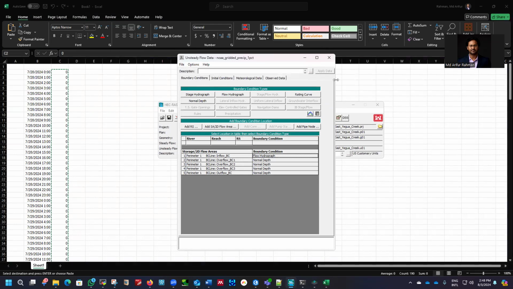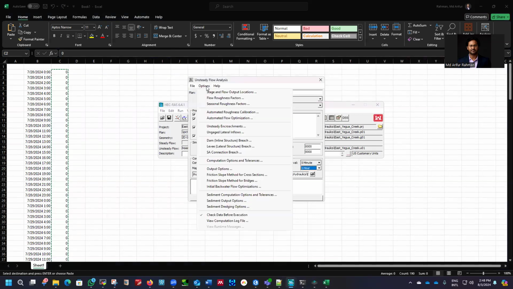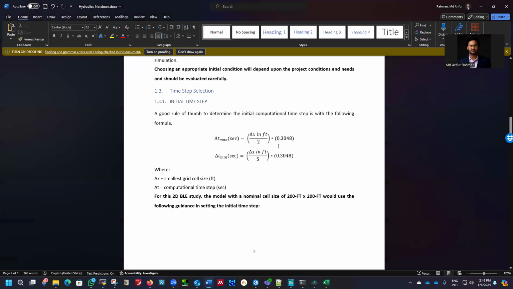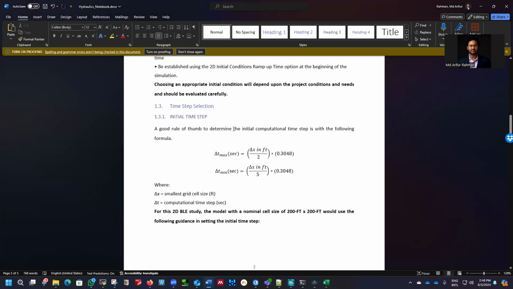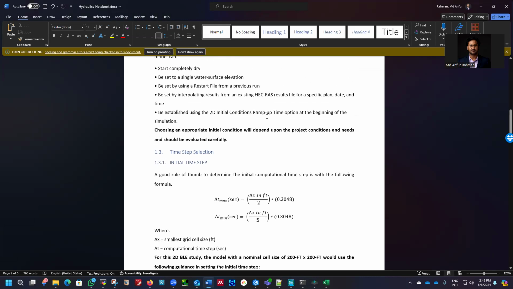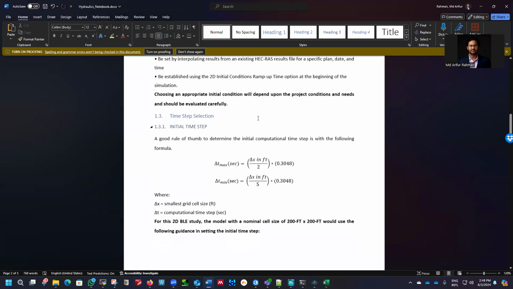That is also done. So what else do we need? We need to set up some other conditions as well. We need to set up this computational time. So let me open a document I have. So here is the document. For any model, you need to set up the initial condition. There are multiple ways to set up the initial condition but for this case, we're not going to use it, but you can just use several days or several hours for spin up time, and you can use previous model as restart file. So these are the conditions I just mentioned here,